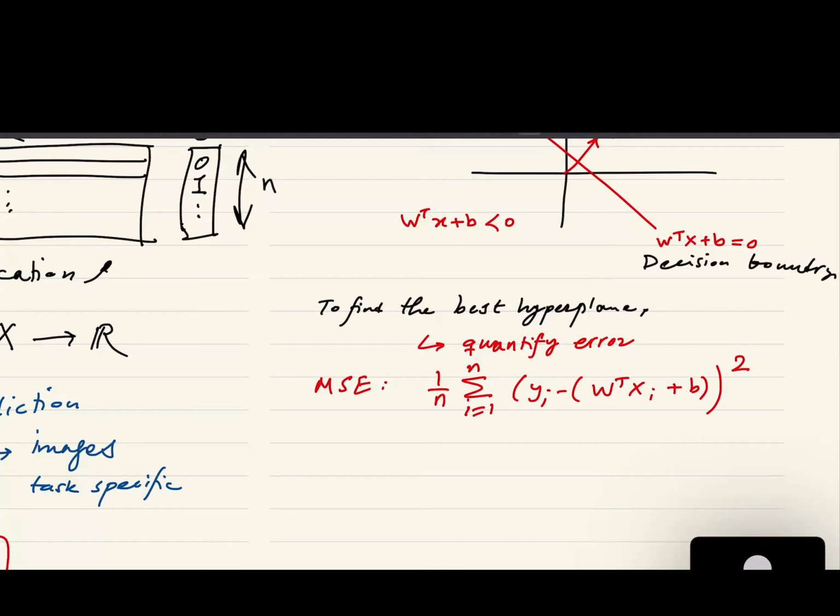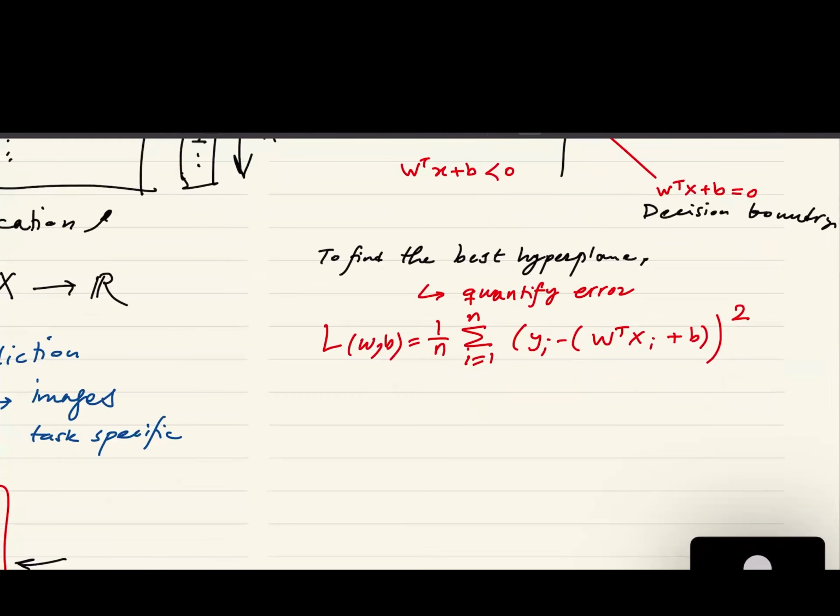Remember that we want the loss to be minimized over all of these examples. So we call this the MSE error, and I'm going to assign a value here, a loss that is a function of W and B. Sometimes during the course, you will see that I want to simplify the algebra, and I consolidate W and B